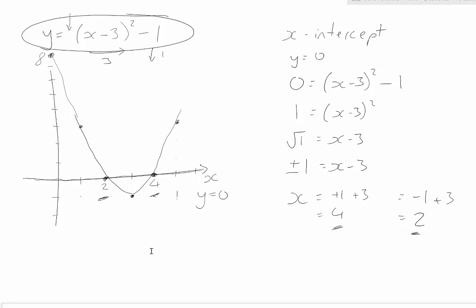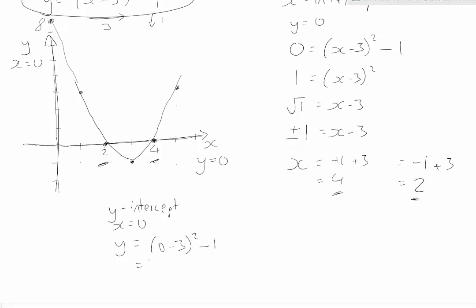We can use exactly the same technique to find the y-intercept. If you think of the y-axis over here, you know every point along that line has an x-coordinate of 0. So we can use that exact same knowledge to solve this too. I'll just do this down below here. To find the y-intercept, we know that x is equal to 0, so we can just substitute that into our rule. So we can say, y is equal to (0 minus 3) squared minus 1,